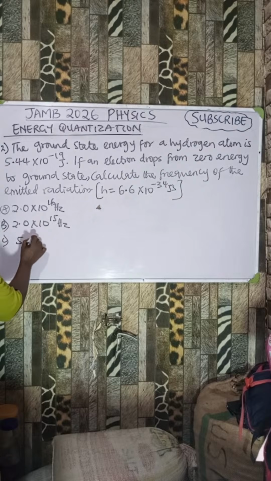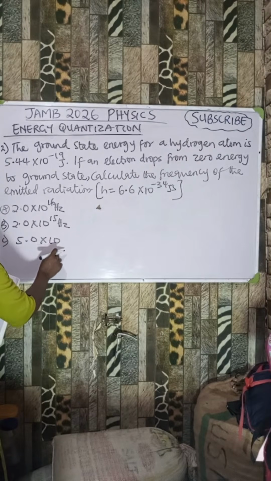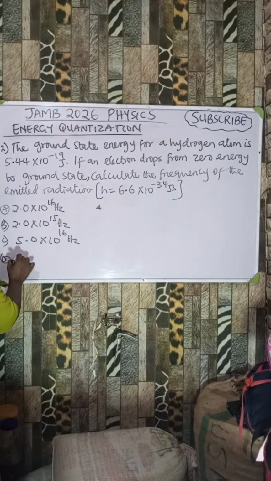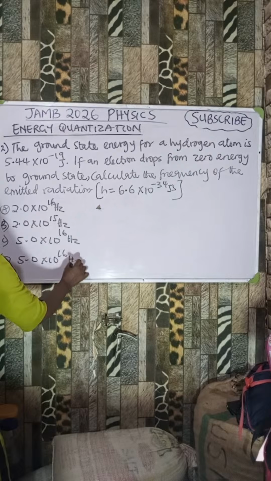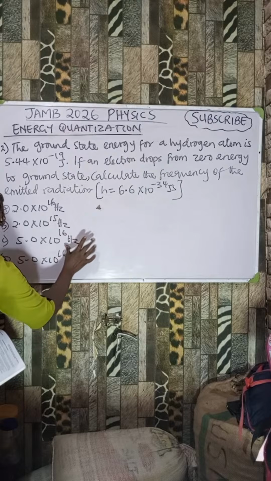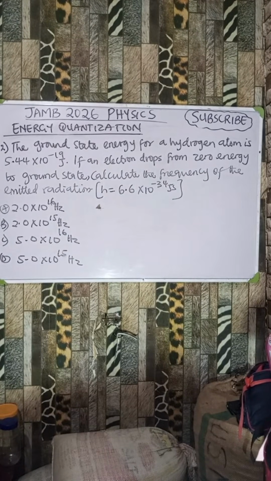We will have 5.0 times 10 power 16 here. Then I have 5.0 times 10 power 16 here. One should be plus, one should be minus. Okay, hold on. I saw the same value anyway. Maybe it could be a mistake from